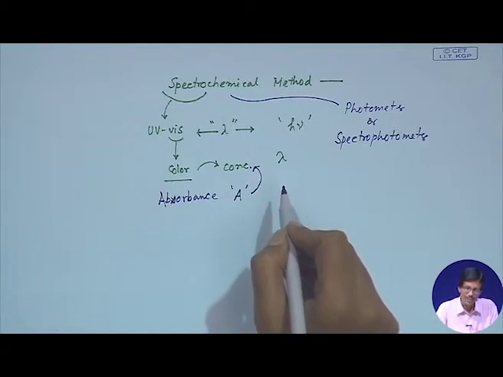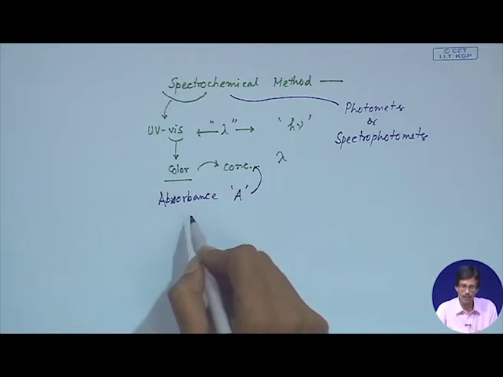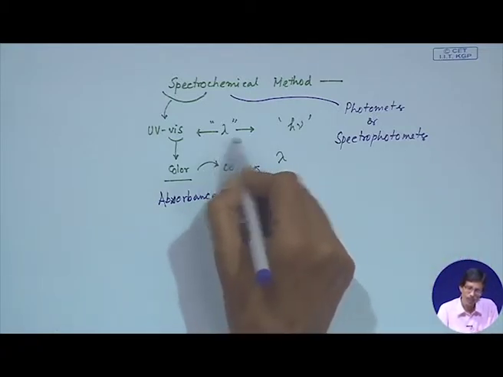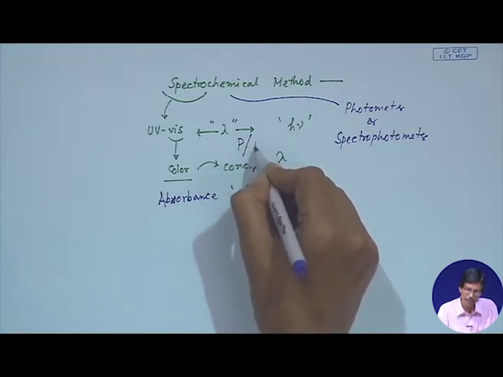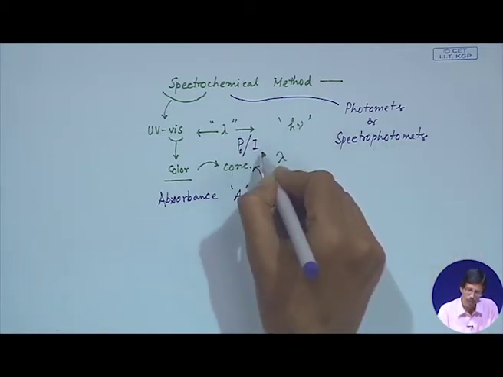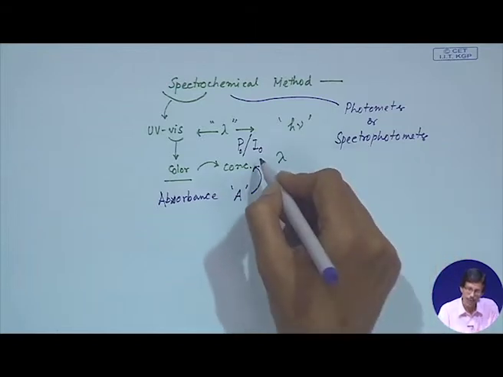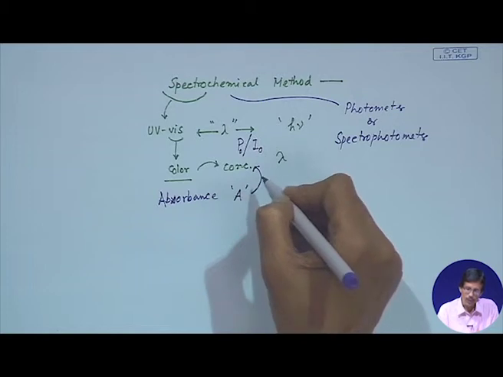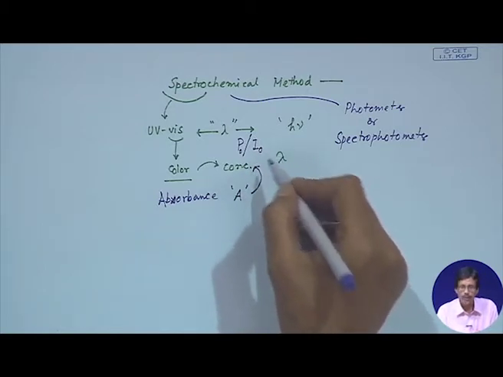So, now we will see how the absorbance of a particular solution is related to the wavelength which is falling on the solution, that means the power or the intensity P or I. When it is falling on the solution, we consider it as P0 or I0, the intensity of the light which is falling on the solution, causing some amount of that light to be absorbed, and we get some